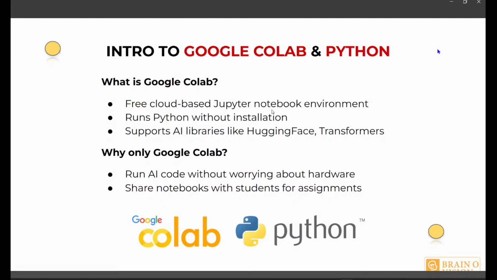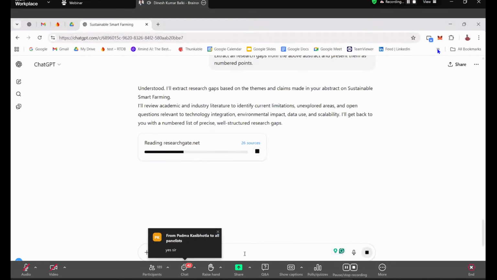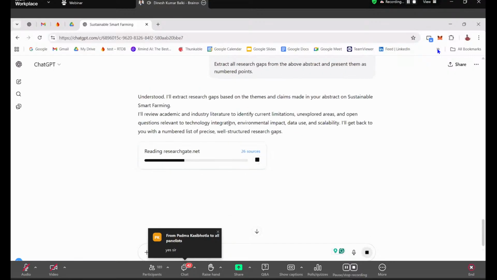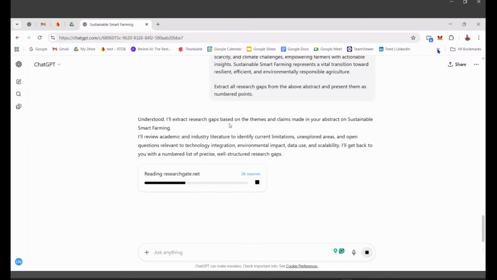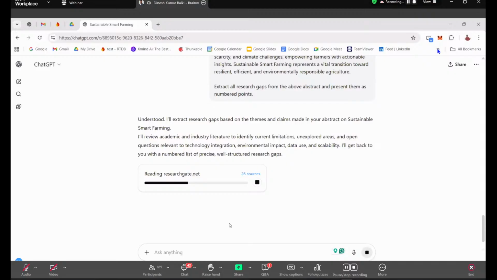Okay, it is still in process. It has almost 26 sources, so it is going on with 26 sources, right? Exactly. We have our ChatGPT 5. Previously it was taking almost 15 minutes in deep research, but let's see how much time ChatGPT 5 takes now. And yes, it is so good.